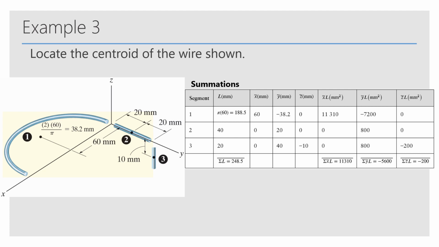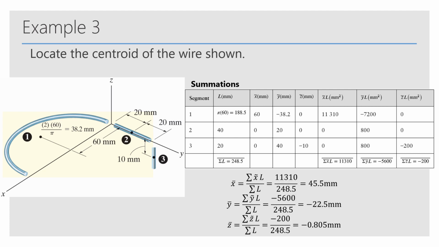After that, we multiply our centroid for x with the L, same for y and z, put that all together, and then finally sum it up at the end. I suggest that you pause this and try to make sure that you're following what's happening in this table. Once you have it filled out in this way, it becomes pretty simple to solve. All that happens next is you take your summation for x, y, z, divided by the total sum for the length,